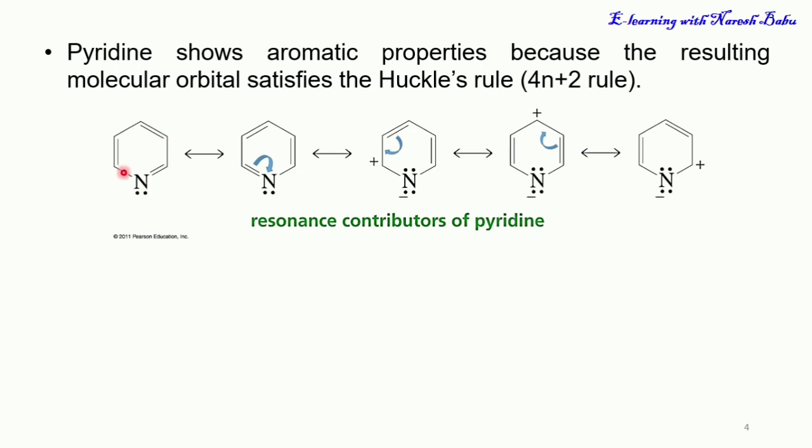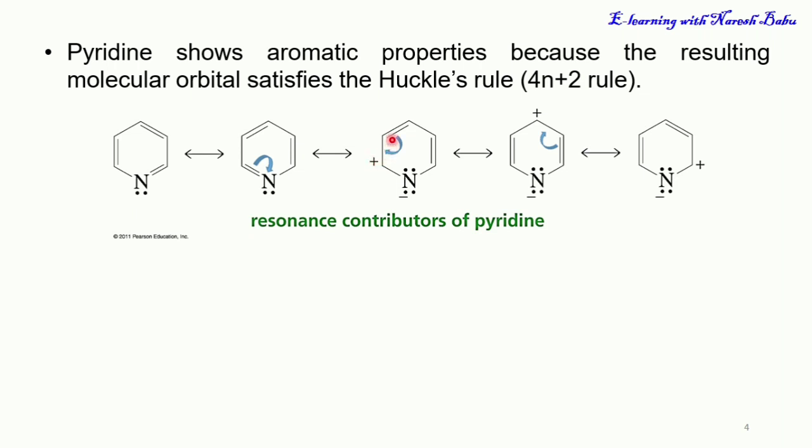So how are these electrons delocalizing? First, by the canonical structure. This bond is shifting to here, this bond is shifting to this position, and this bond is shifting to this position. This is another canonical structure, and you can see different resonance forms. So the 2 electrons present here transfer to the nitrogen, and nitrogen gets the negative charge by receiving these 2 electrons, and here the carbon atom will get the positive charge, the carbon atom which possesses the positive charge.